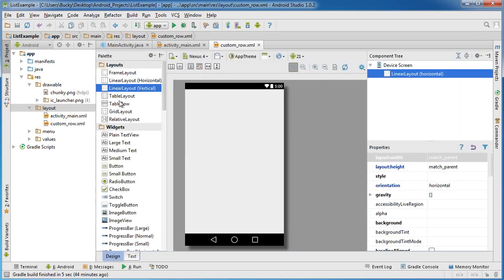And remember, when it's horizontal, that means you can lay things left and right of each other instead of up and down. So we need 2 widgets in this layout right here. The first one is an image view. So if you go down to widgets, image view, then just take this and drag it right on top of